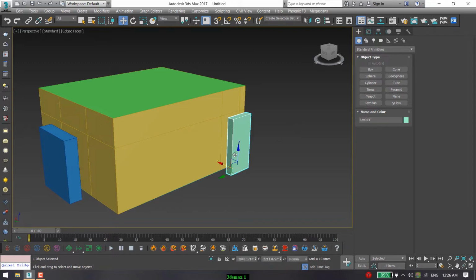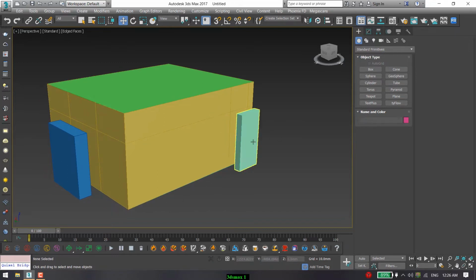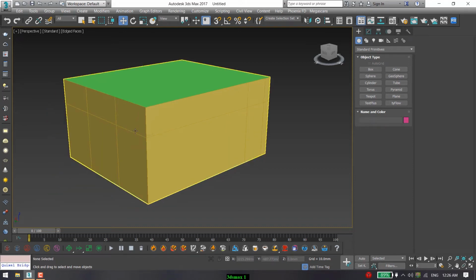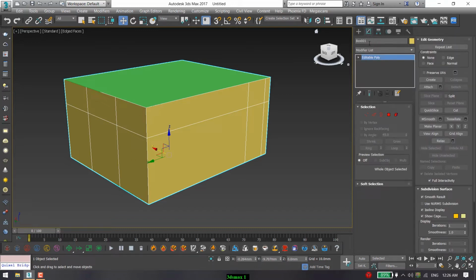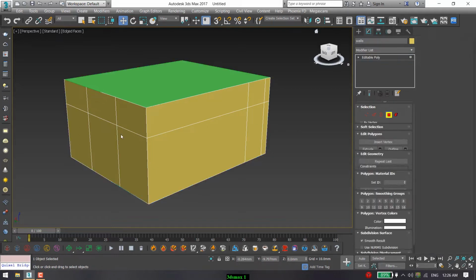Now we don't need this box, so delete. Select and delete this. Select the wall, select box. I'm going to name this walls. After that, select face.